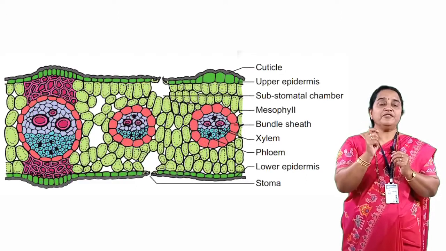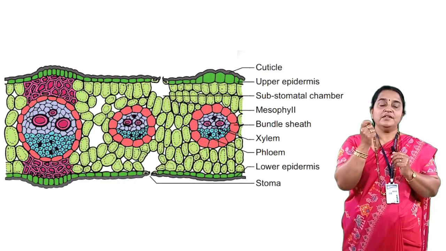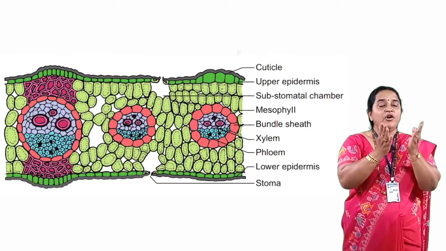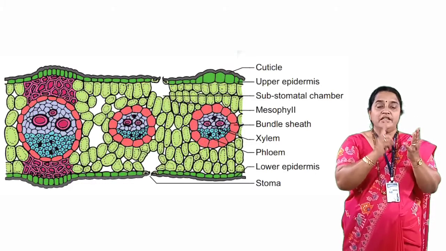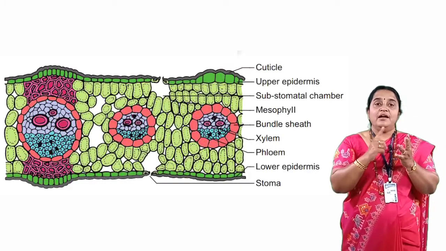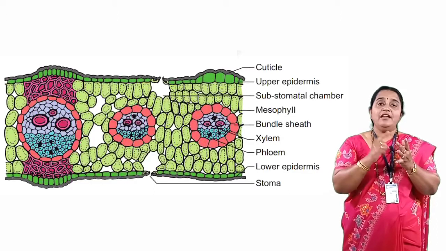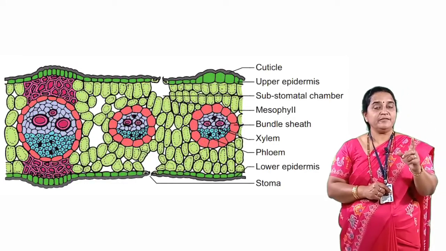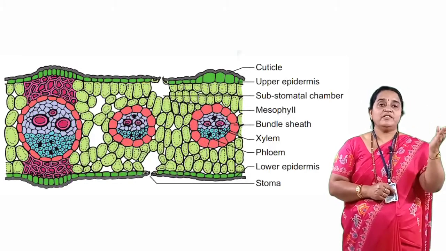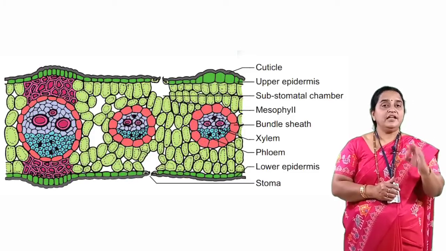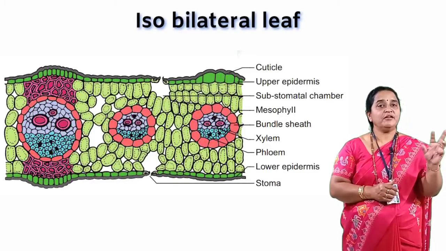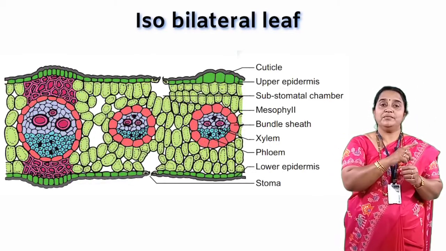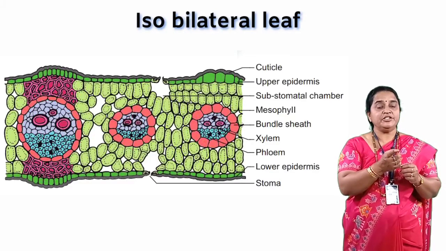If you see the arrangement of stomata, they are minute pores which are known for transpiration and respiration. They are found on both the epidermis. So here, arrangement of tissues, that is anatomy, color, that is morphology, and physiology referring to rate of photosynthesis, rate of transpiration, rate of respiration, it remains equal towards upper and lower epidermis. Hence, the leaf is said to be iso. Iso means similar, bi means two, lateral. So, lateral sides of the leaf remain same on upper and lower epidermal region.